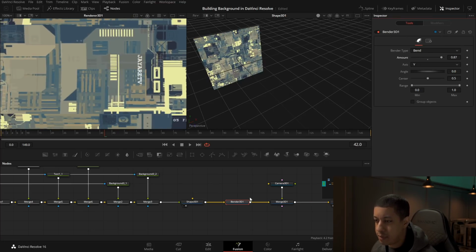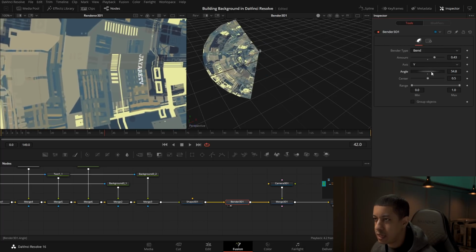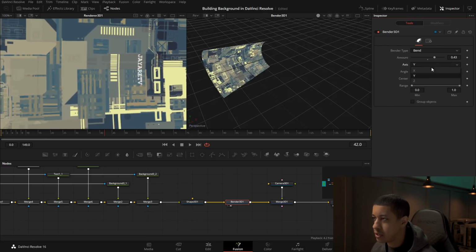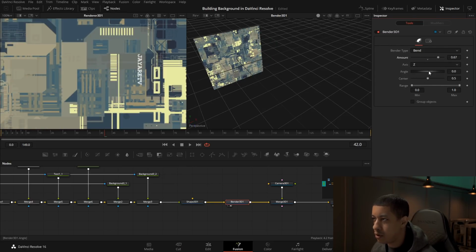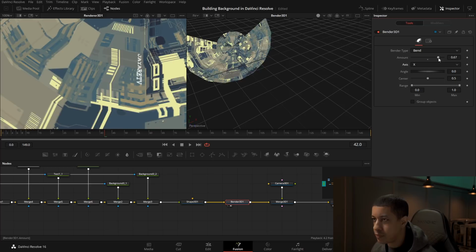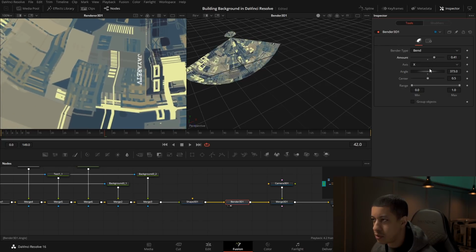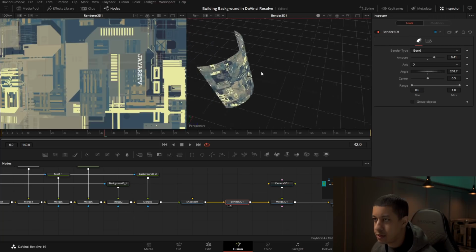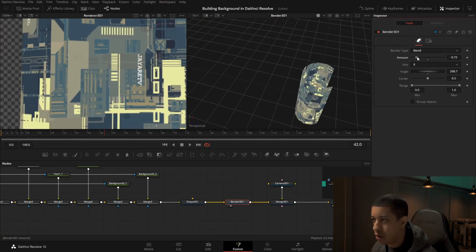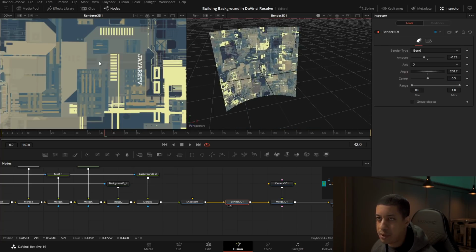Okay, we can say the amount we want to bend. We're not looking at it over here. And obviously that's not the right way, so then you can just come in and pick a different axis that you want to bend on. So if we look at that, now we're kind of going the wrong way, so we want to go something like that. Now we're wrapping around the camera.